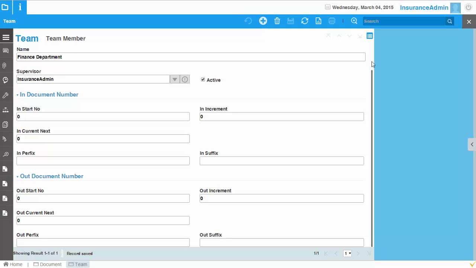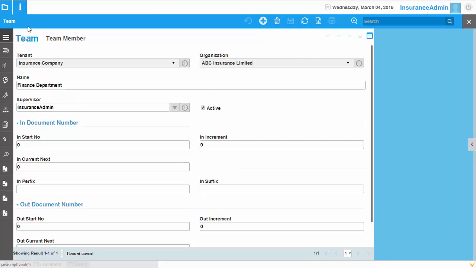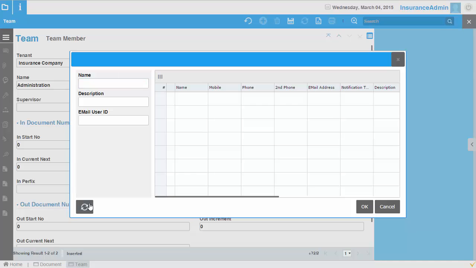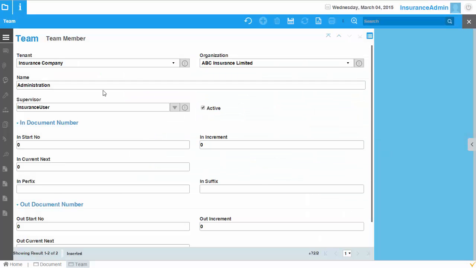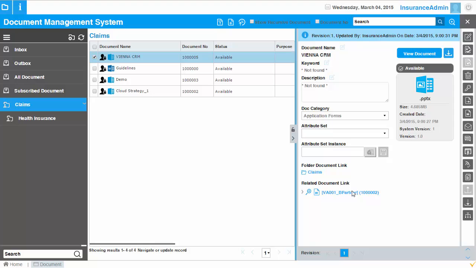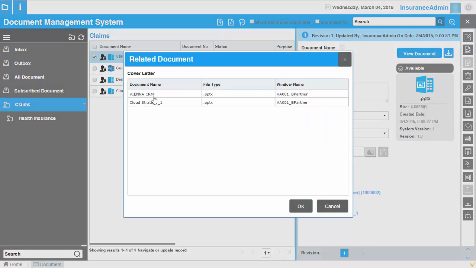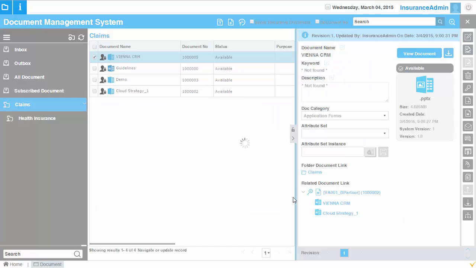And okay, I could select another team here, or I could add further team members as well, and I could select another team here, let's say administration, and I could select another user here as a supervisor of that department. Okay, so done. And then when you want to forward it, now you'll see that after selecting the covering letter,